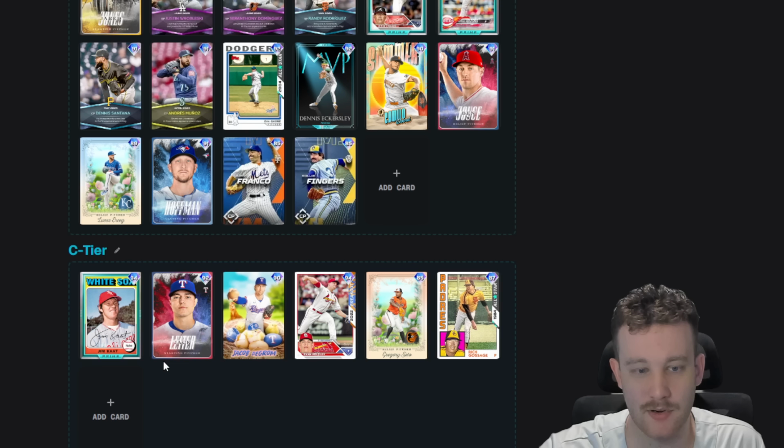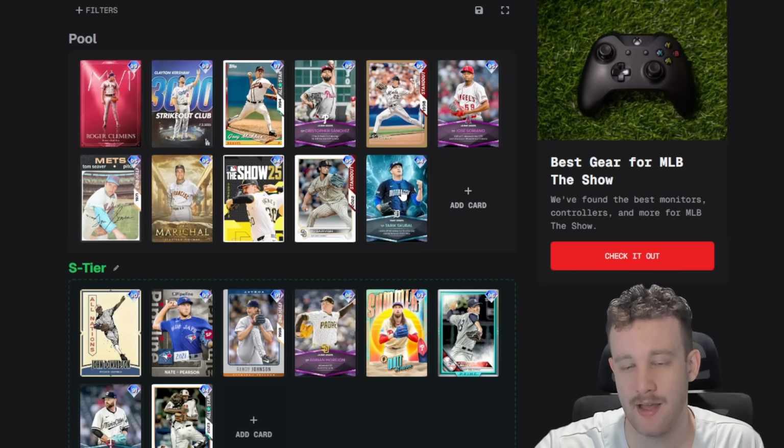Mizorowski, I think pretty overrated. He's either top of B tier or A tier. I think if he had a sinker, we would be talking. I think he'd be like a strong A tier, potentially even S tier, but just without that pitch, not a fan. Screwball,